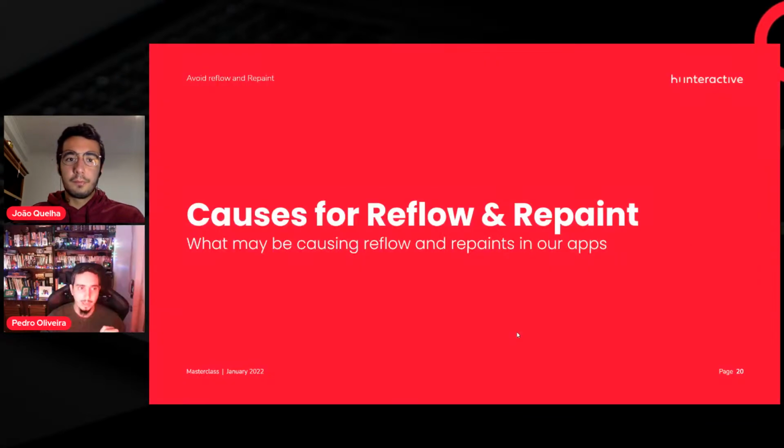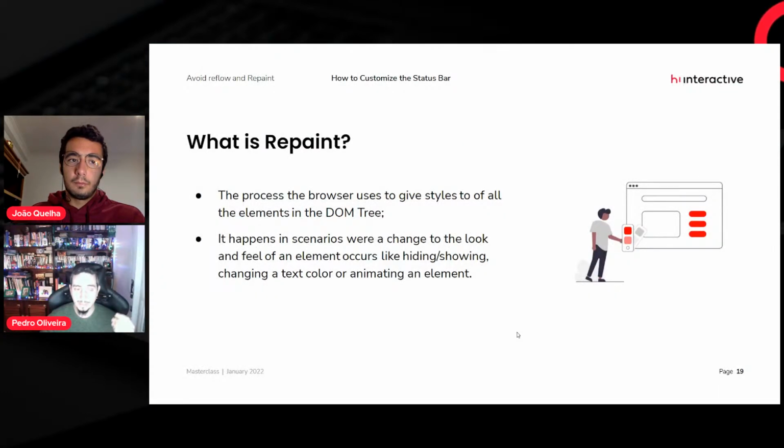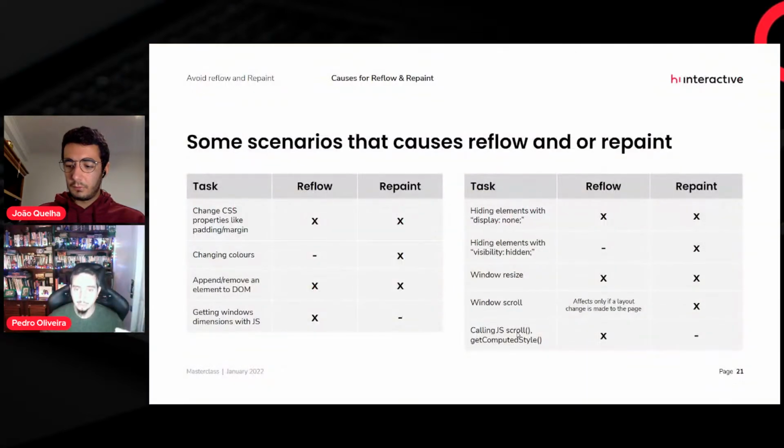Okay, so with that, you already understood that there are quite a lot of occurrences that will trigger repainting, the repaint and the reflow of a page. And that's why I want to share some scenarios where this happens. Okay, for example, changing a CSS property, like changing the padding or the margin of an element,